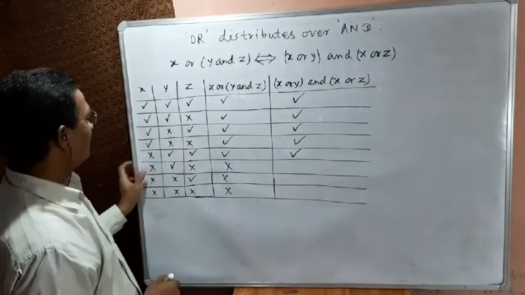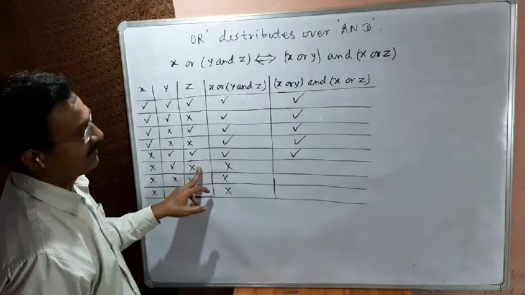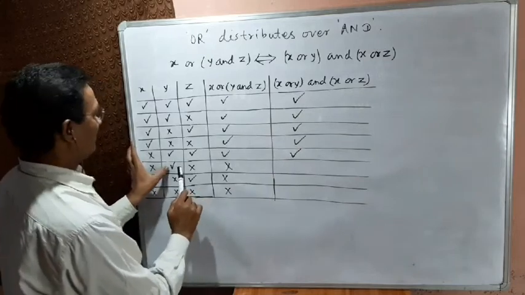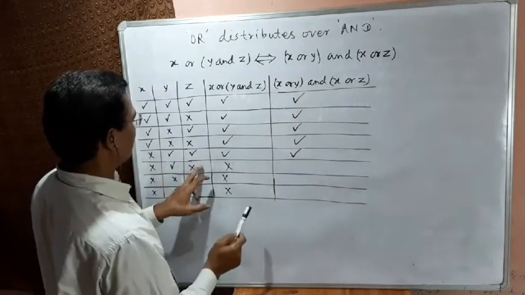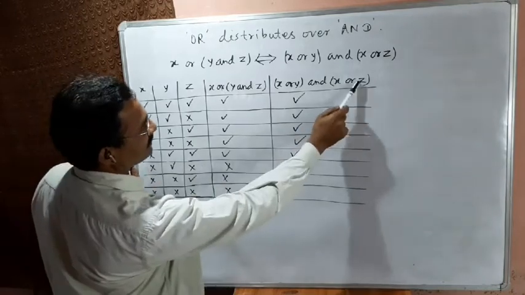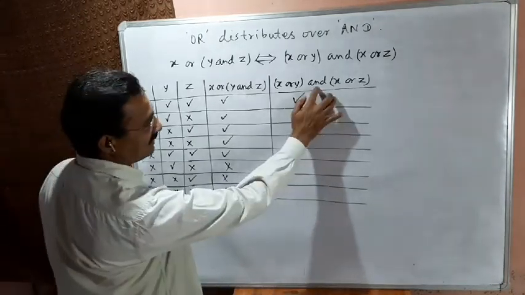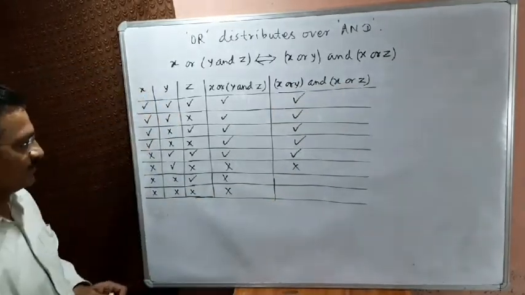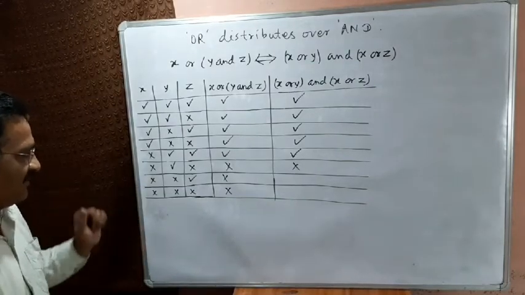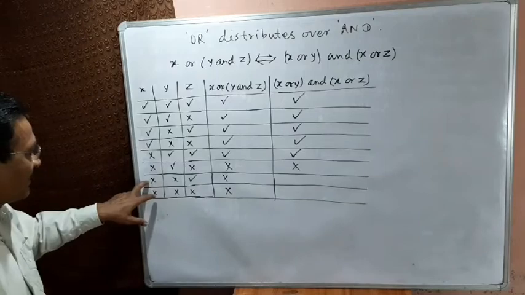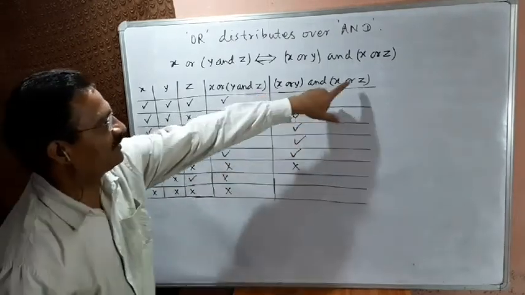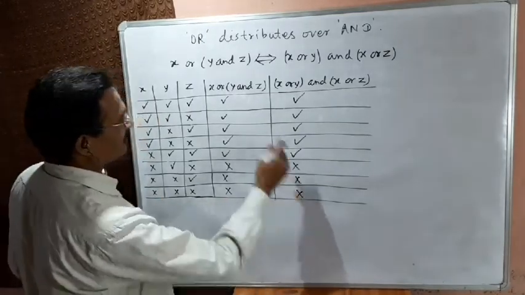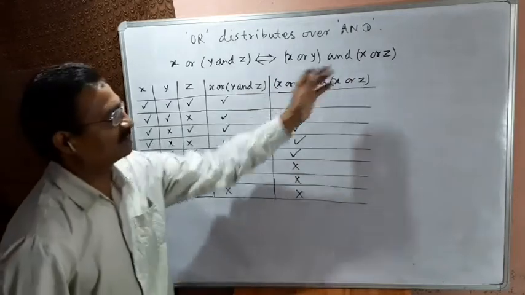Now x does not happen, y happens, z does not happen. It means x does not happen, y happens, so this happens, but z does not happen, x does not happen. It means this does not happen. And the connecting word is and, this happens, this does not happen. Means this will be false. Means it will not happen in this case. Similarly, you can see if y does not happen, x does not happen, then this will not happen. Only this happens. This will also be wrong. And in this case, obviously, this will be wrong. Neither of x, this or this is happening.